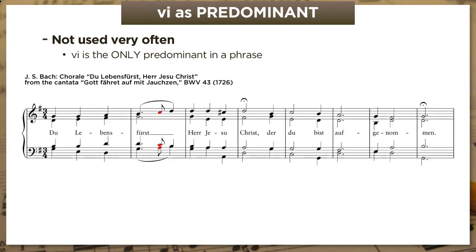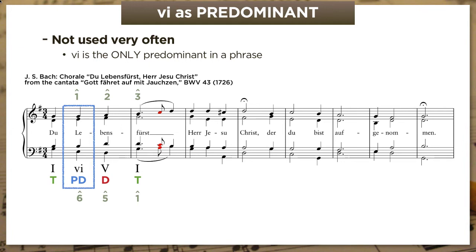This one is a chorale from one of Bach's many cantatas, and right at the beginning, he uses a short functional cycle with 6 as the predominant. Notice the counterpoint here as well. The bass line starting with 6 is 6, 5, 1. But the upper voice moves 1, 2, 3.